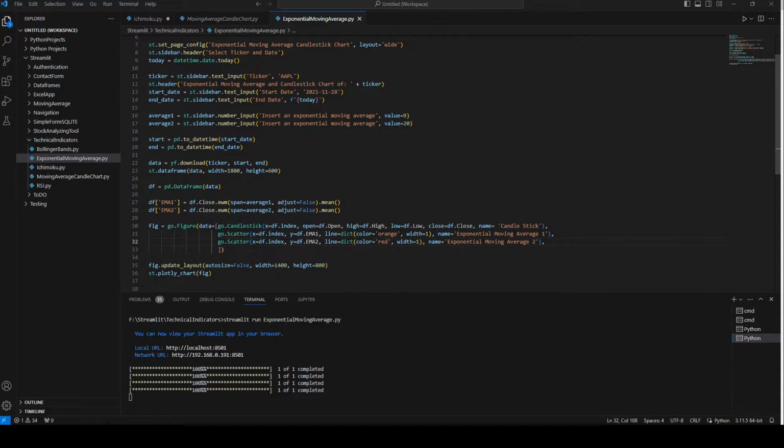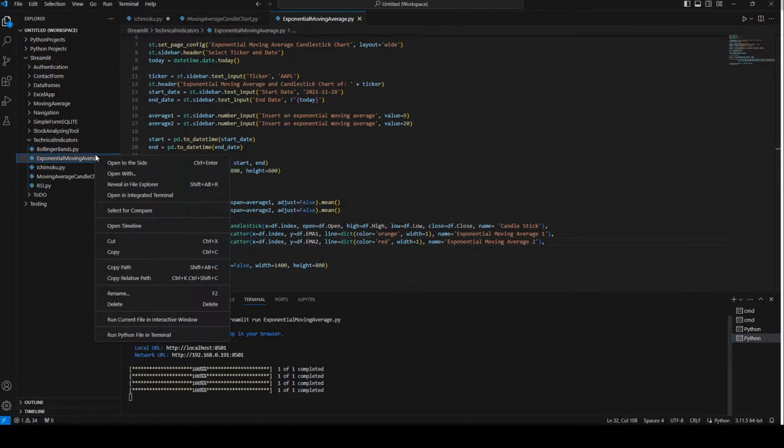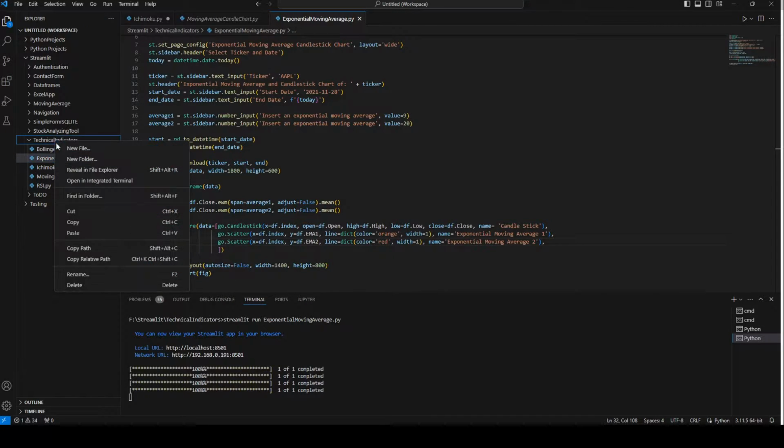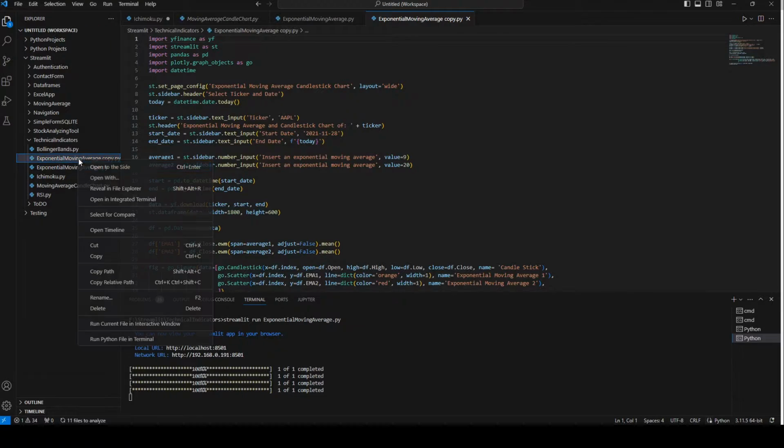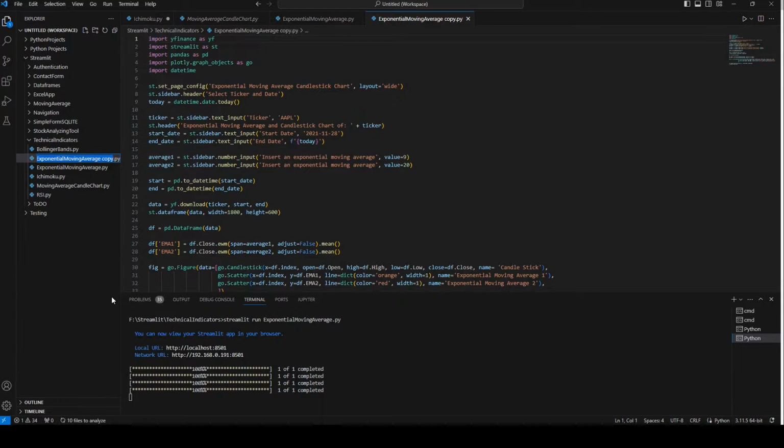In this video, we're gonna make a volume weighted average price indicator, and I'm gonna use the same template as I did before. So I'm gonna continue with my exponential moving average, and I'm gonna copy that file and paste it in the same folder. I'm gonna rename it to volume weighted average price.py, and we don't have to change much, just that we